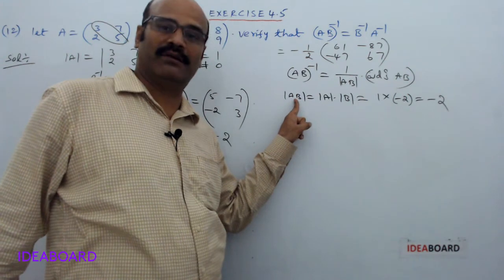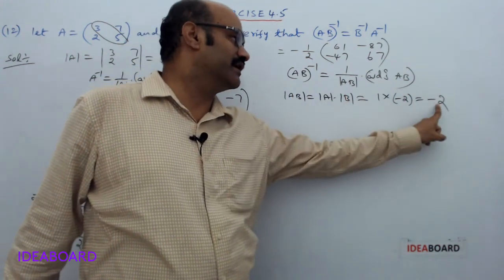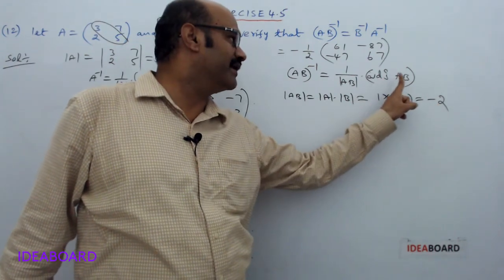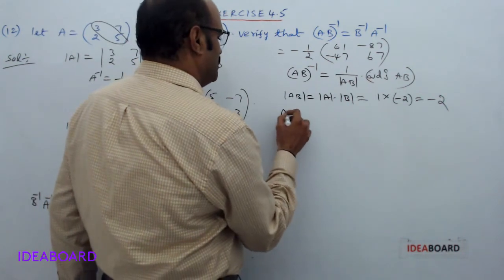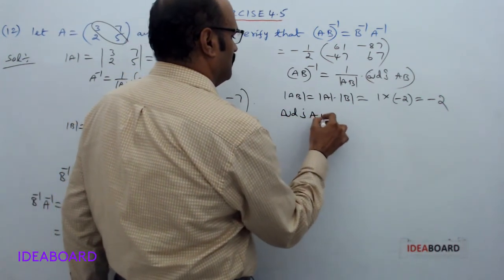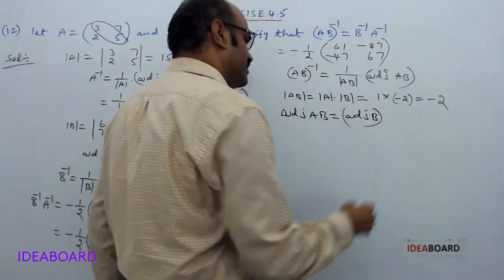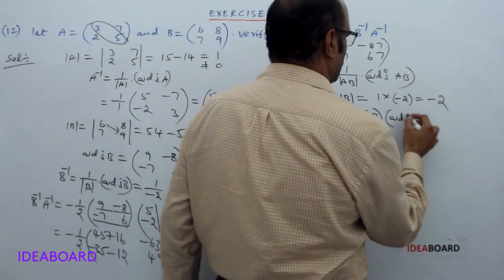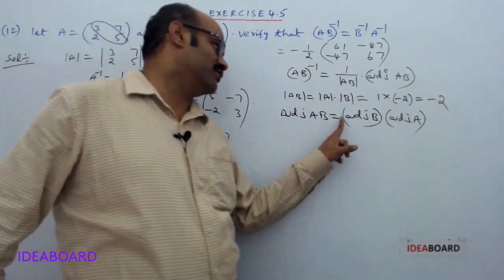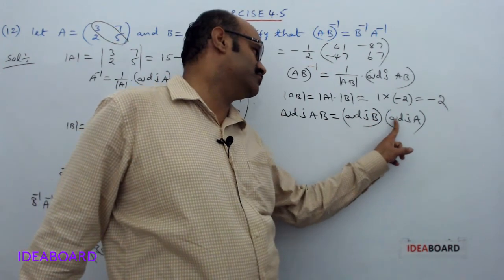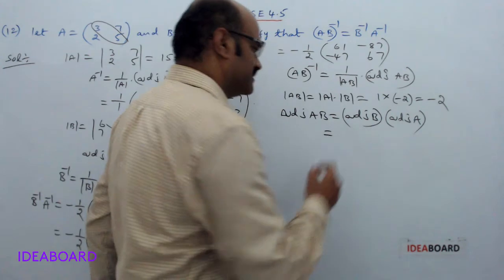Determinant of AB equal to formula det A into det B, we are getting -2. Now we have to find adjoint of AB. Adjoint of AB equal to formula adjoint of B into adjoint of A. Adjoint of AB is always equal to adjoint of B into adjoint of A. From this property, we can write it as